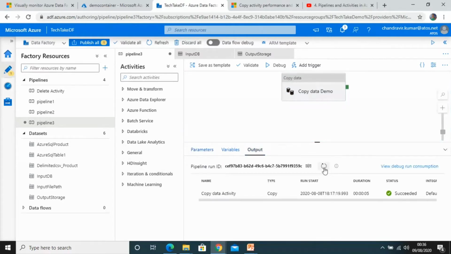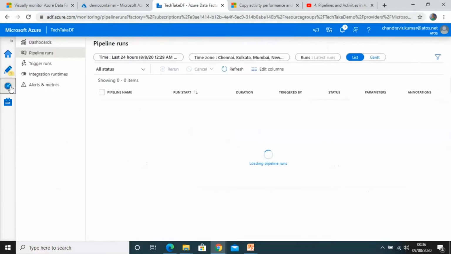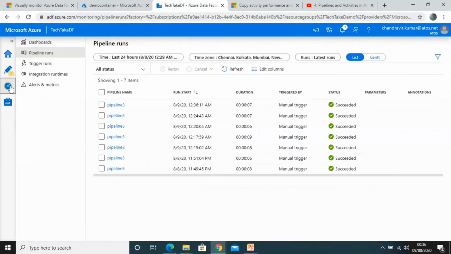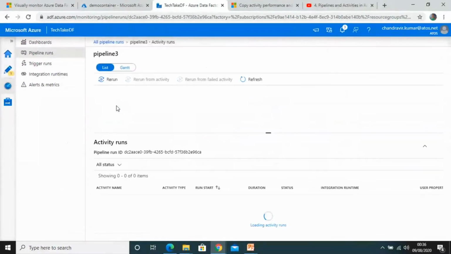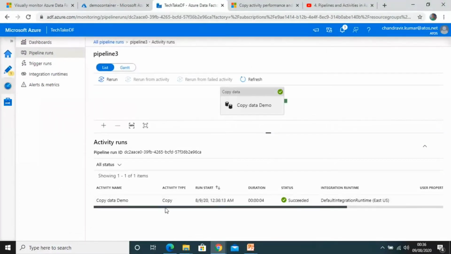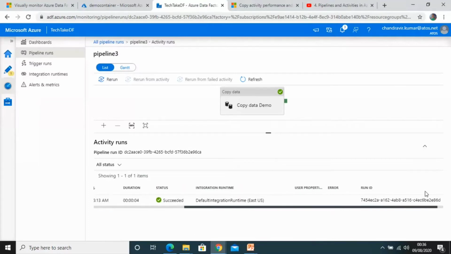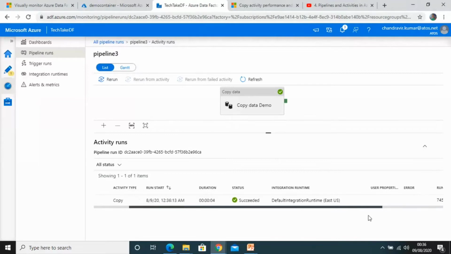In the output window we can see the progress. Go to the output window of the pipeline, refresh it, and see the detailed progress. Now go to the monitor window, and we have the last run as pipeline 3 here. Just click on pipeline 3. If you go to the right side, you can see all these fields are detailed information of that pipeline.